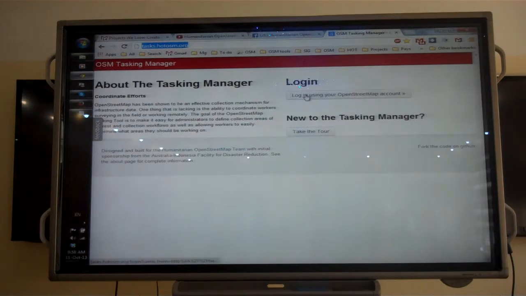So the first thing you just need to make sure you have an OpenStreetMap account already and click the login